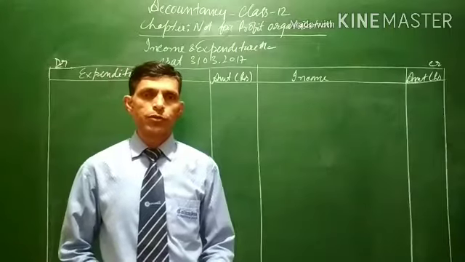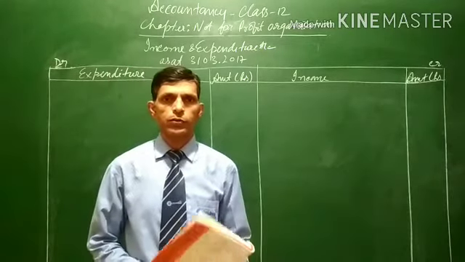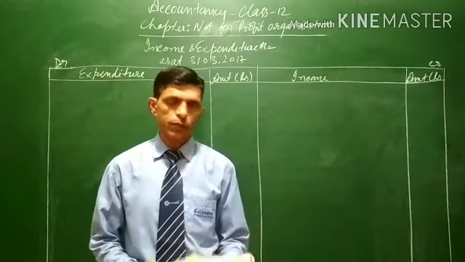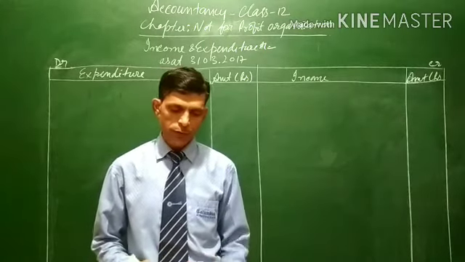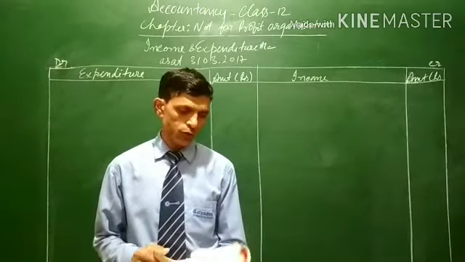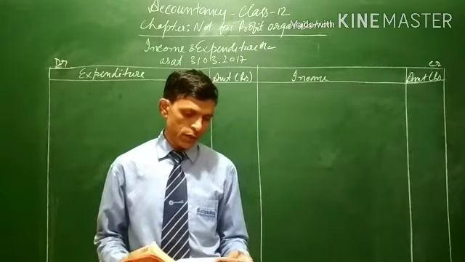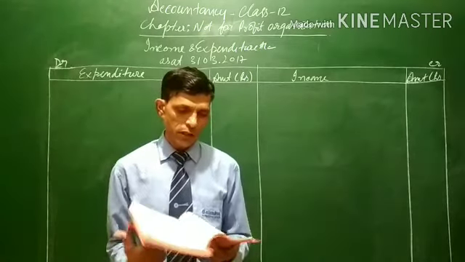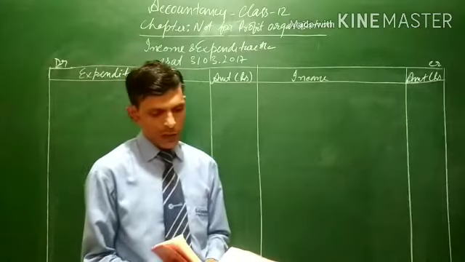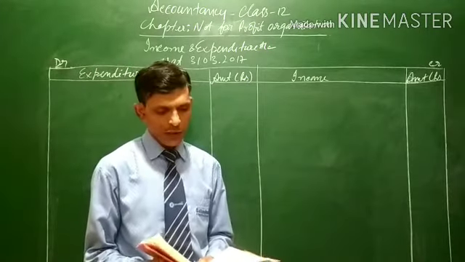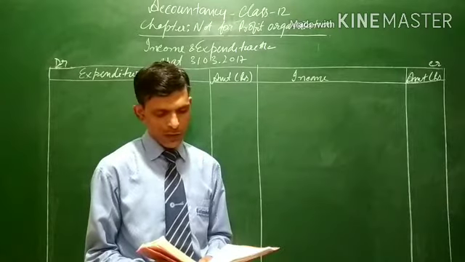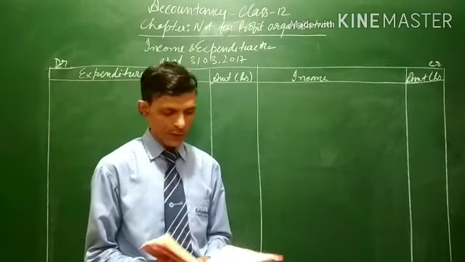In this video, we will solve question number 12 from the chapter Not for Profit Organization. One thing I would like to mention in the very beginning is that, just like the previous question, in this question also the receipt and payment account as well as the balance sheet are given, and the date of the balance sheet as well as the receipt and payment account are both the same, that is 31st March 2017.